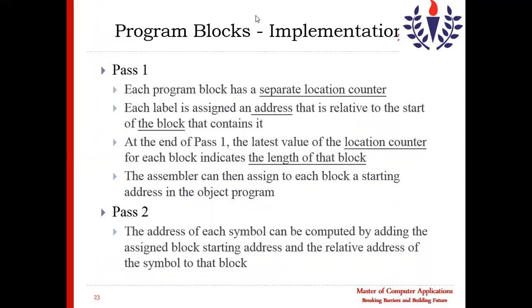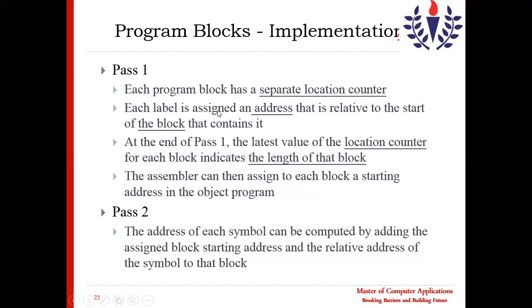Now in pass one, each program block has a separate location counter, one location counter that keeps on updating. So for each program block, the location where that block starts will be stored, and that location keeps on updating as we access each statement from that block.